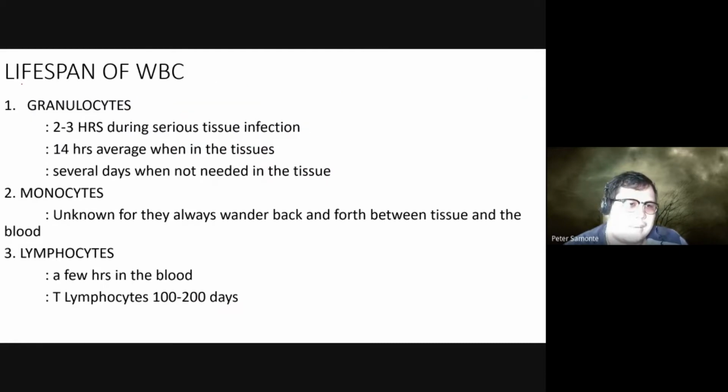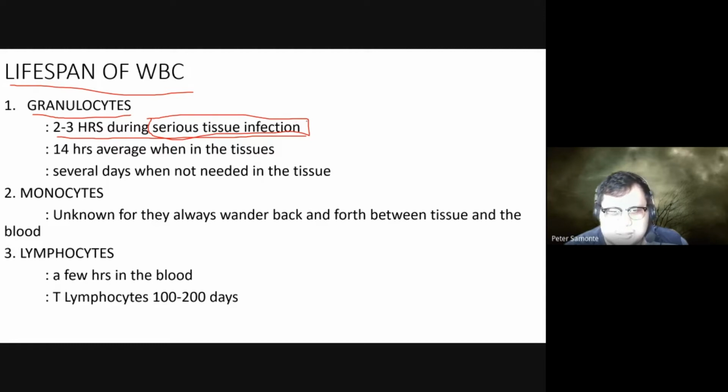Now, let's look at the lifespan of WBCs. Your granulocytes class have 2 to 3 hours lifespan during serious tissue infection. So when you say serious tissue infection class, this usually involves infestations. An example would be your Trichinella spiralis. In Trichinella spiralis class,